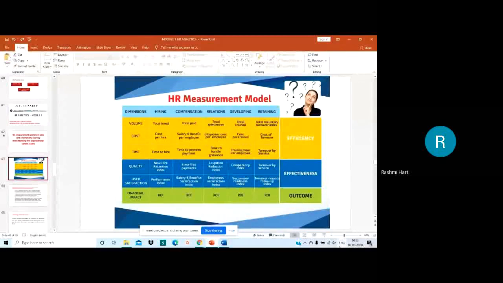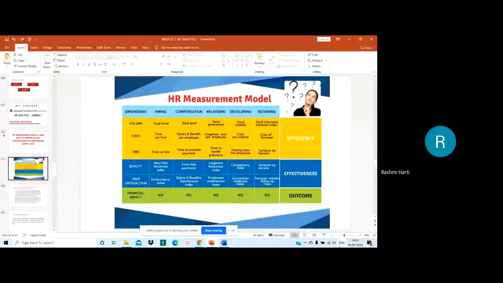There should not be even a single error in salary payment and salary disbursement, as well as see to it that the right person gets the right salary. There should not be any partiality or whatever it is, and the HR department should not fail in judging the performance of the employees rightly, right?